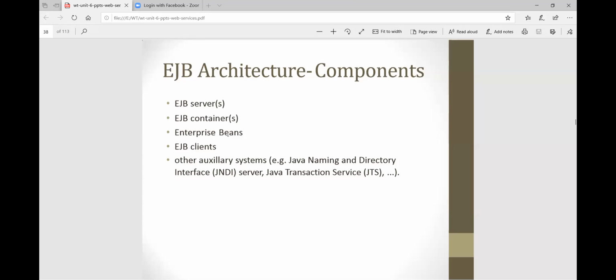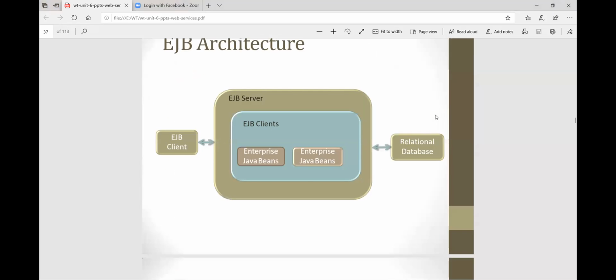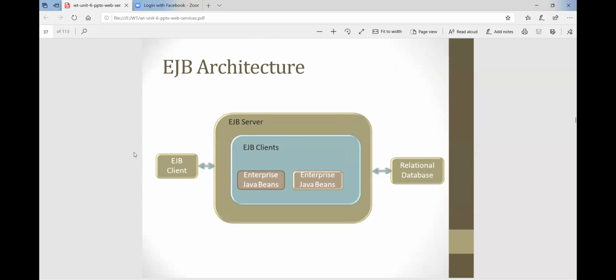EJB container, enterprise beans, EJB clients, these are all architecture components, because previously we saw all of these in the diagram, right? The EJB client is the first part. Then the EJB server contains enterprise Java Beans containers and the relational database. A relational database is nothing but data stored in the format of tables.